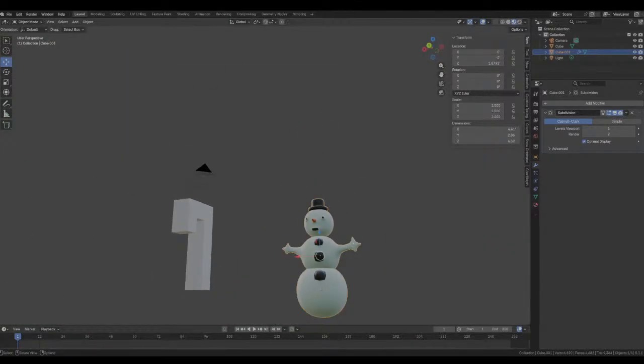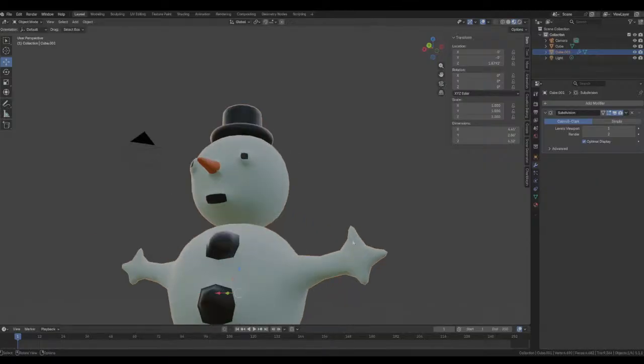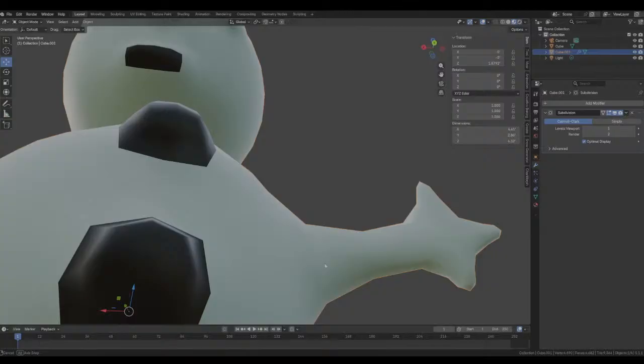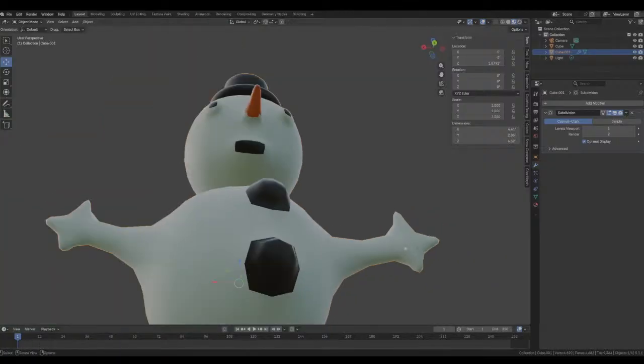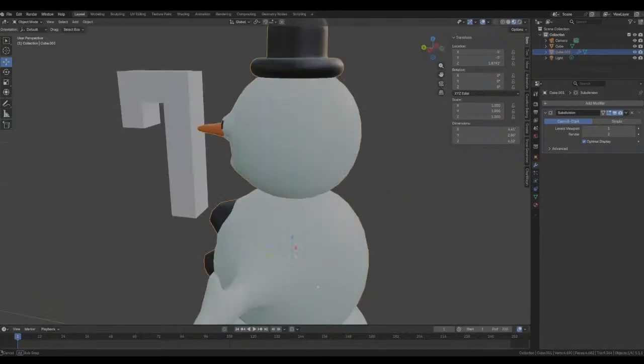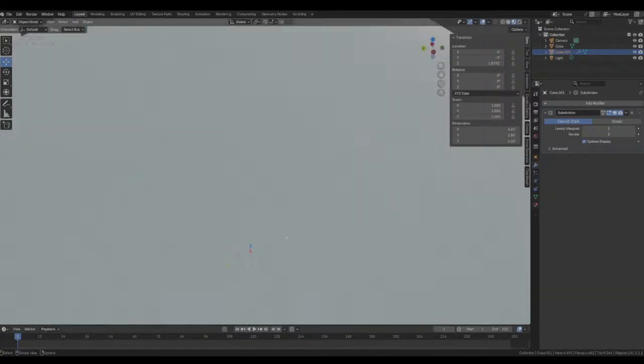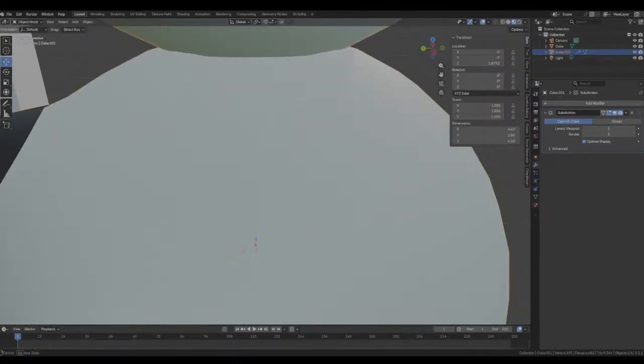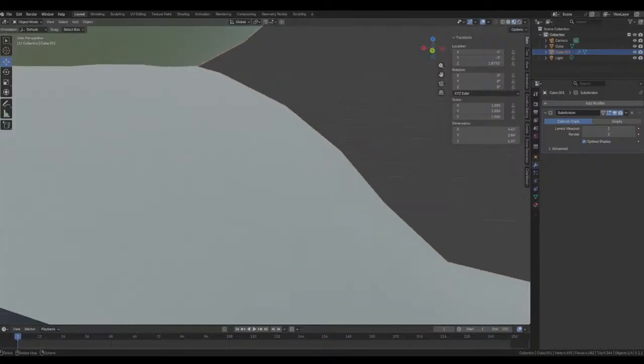It doesn't look too bad. I think this could be improved, but overall, it's not too bad. That looks like real snow texture.